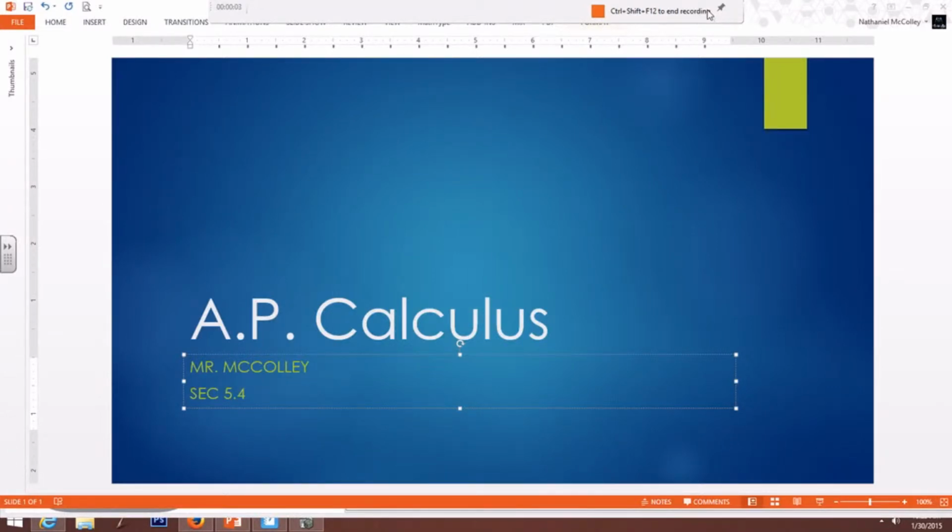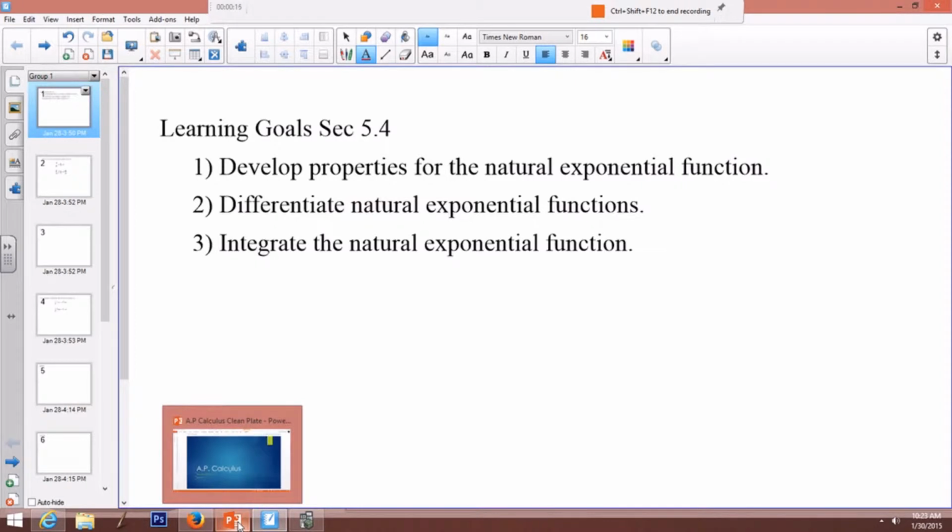Okay, good day. This is AP Calculus. I am Mr. McCully, and this is our presentation for section 5.4. Today we will be talking about developing properties for the natural exponential function. We're going to be differentiating natural exponential functions and integrating the natural